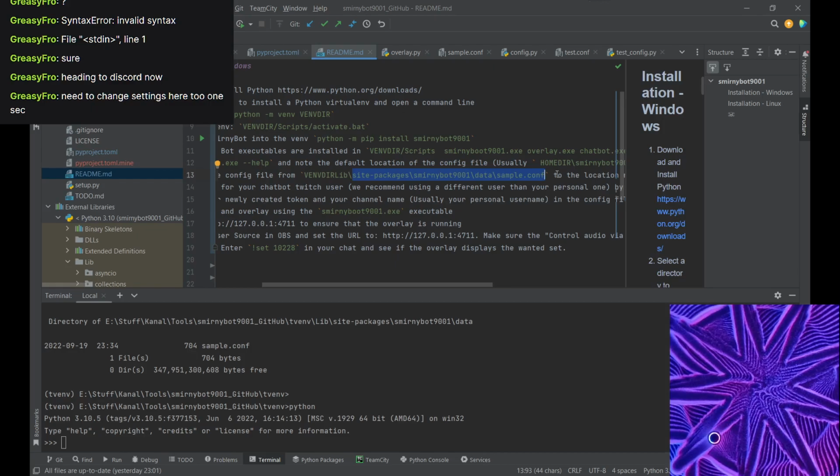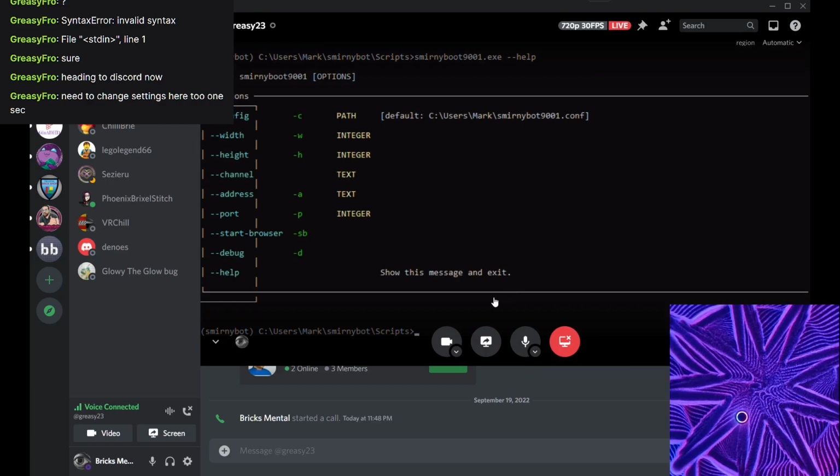You can also use the Explorer, that doesn't matter. Just copy the sample.conf to the location that you saw on the command line, the default path for the config file.